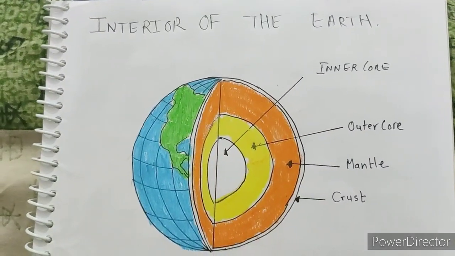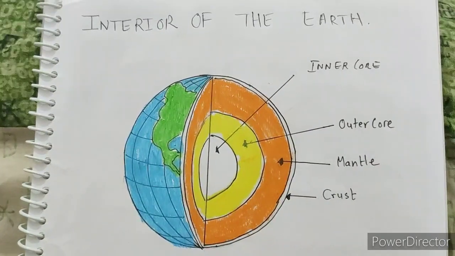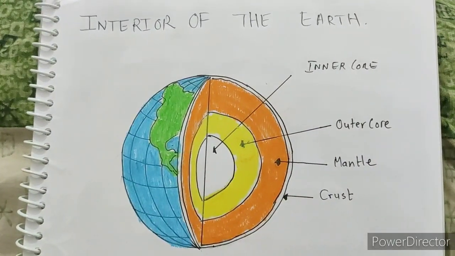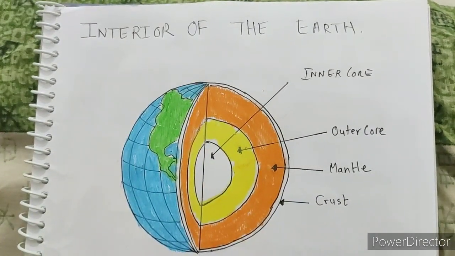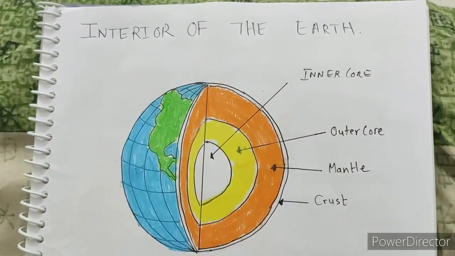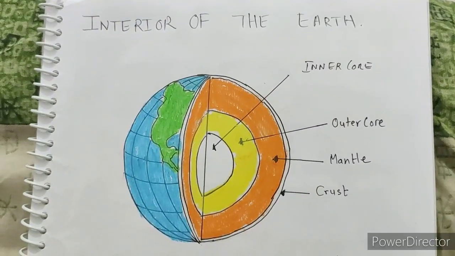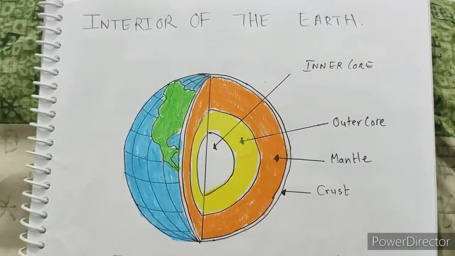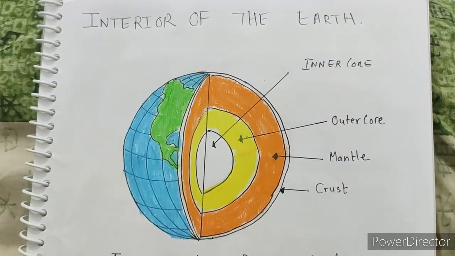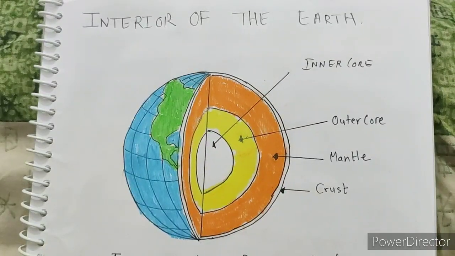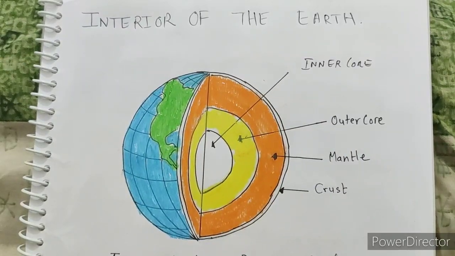Good morning, students. We are going to chapter 2, Geography, Interior of the Earth. Till now I have told you that inside the Earth there are 3 layers and the Earth is very hot from inside. And the 3 layers, as you know, are crust, mantle and core. I have shown you this picture earlier also, and we have discussed the crust, the first layer of the earth, yesterday. Today I am going to tell you about the second layer of the earth, which is below the crust, the mantle.